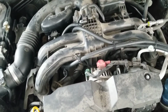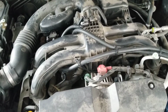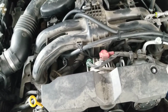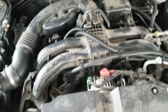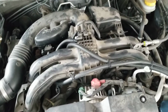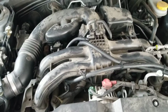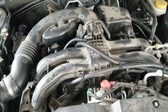I don't know if that's common for the newer Subarus that use the 0W, I think 0W20. It seemed like a fair amount. I checked the PCV valve, it seemed fine, made the rattle and everything like that, so I don't know if that's normal. The oil consumption doesn't seem to be up. I checked it to make sure, and it doesn't seem to be consuming a lot of oil. But it was enough that